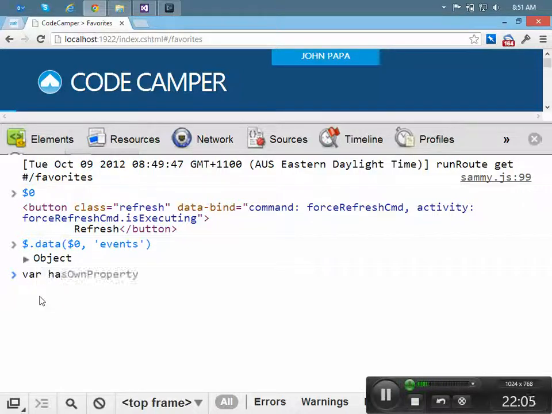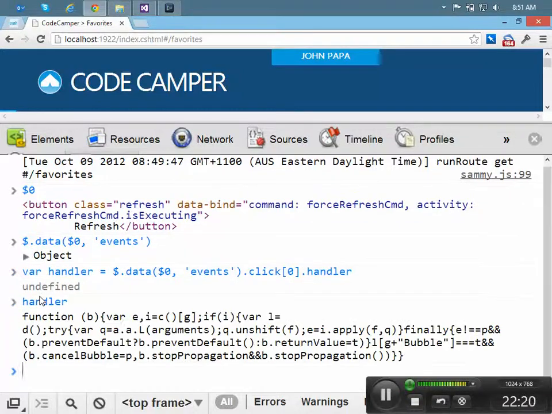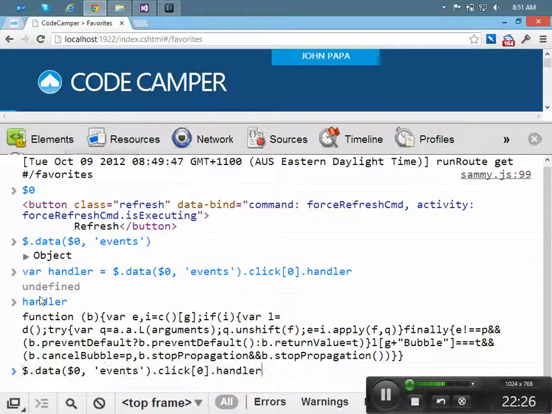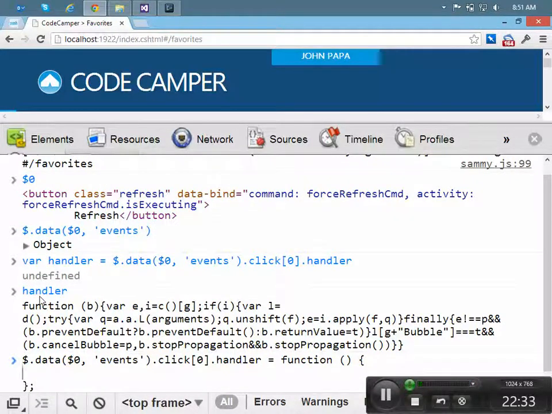So I could say var handler = $.data($0, 'events').click[0]. So that handler is the function that will be executed. Now, instead of executing that function, I want to execute my own function. And so I want to execute my own function here, and I want to use